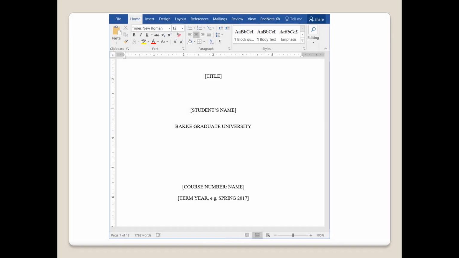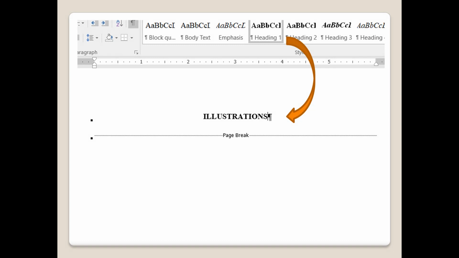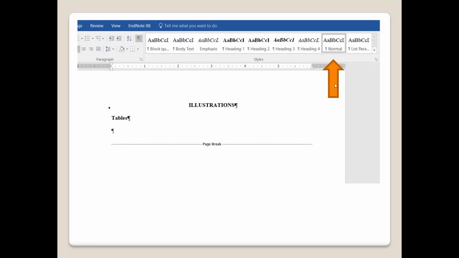I'm going to use the paper template to describe how to begin the process of creating an illustrations page. You'll notice that this template does not currently have an illustrations page, so let's begin by inserting a blank page. Once you've added that page, type the word illustrations in all caps at the top and then mark it as heading 1. Let's add the tables first, so type the word tables, aligned to the left in bold,